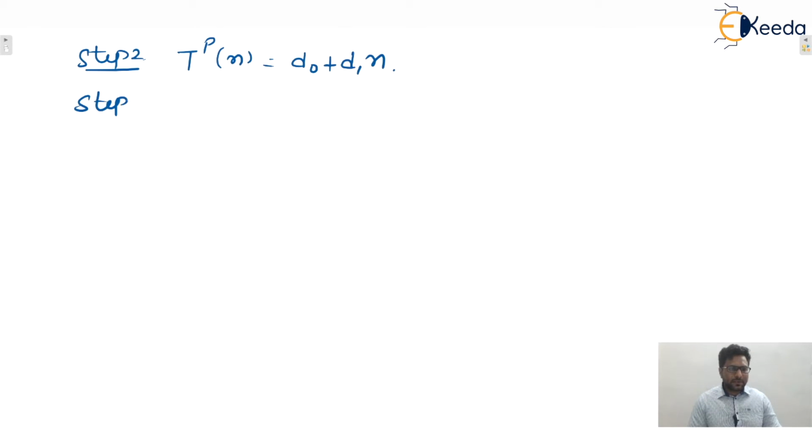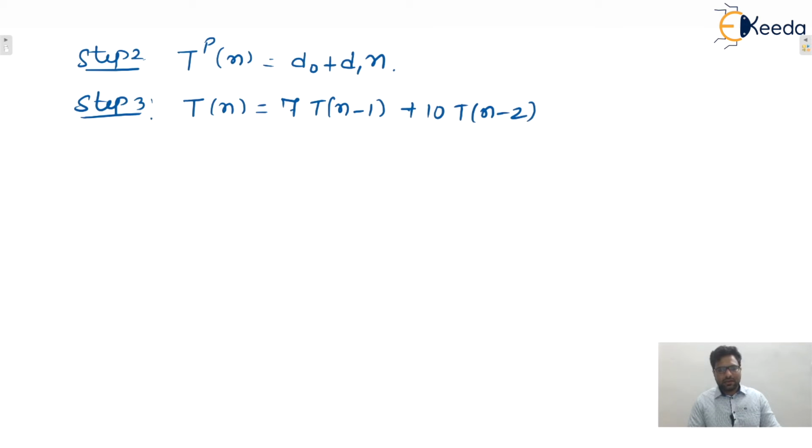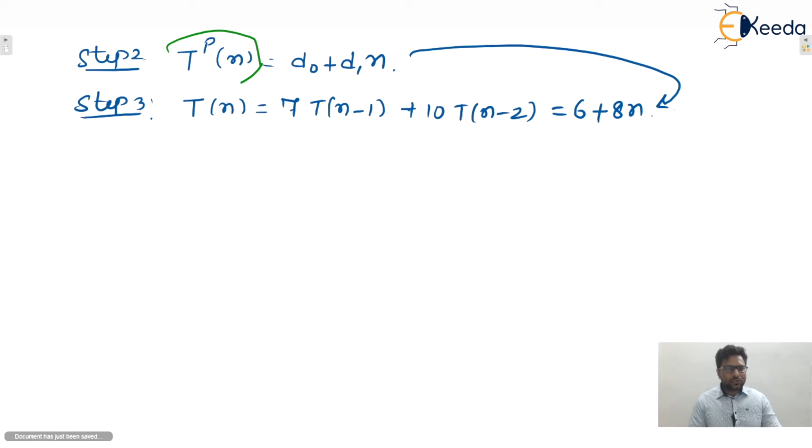And what is the next step? Step 3, you only tell me. Step 3 is what? You only tell me, the given recurrence relation is what? This one, isn't it? Okay. This is the given recurrence relation. Now put the particular solution in the given recurrence relation. This is also T_n, P is only for indication. This is also T_n, so put d naught plus d1 n in this given recurrence relation. So what is it, let's say this one is what?